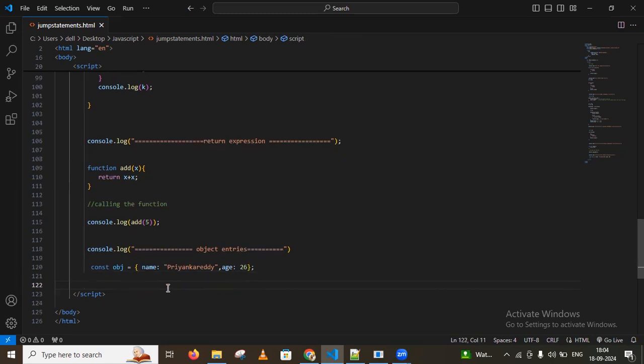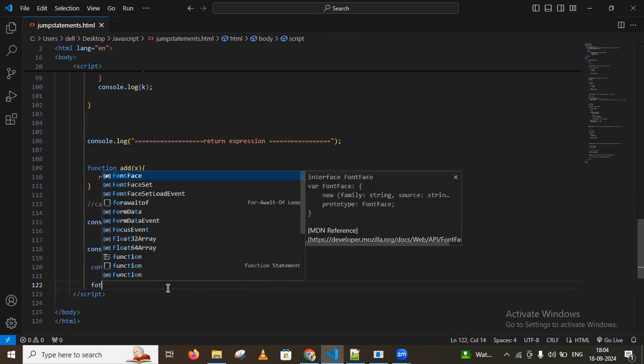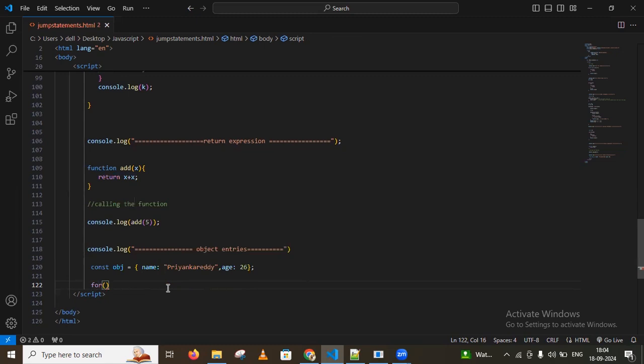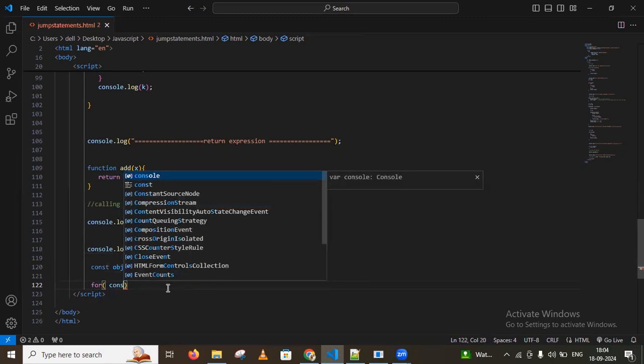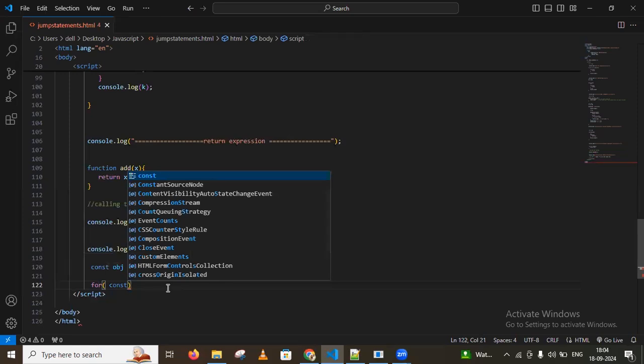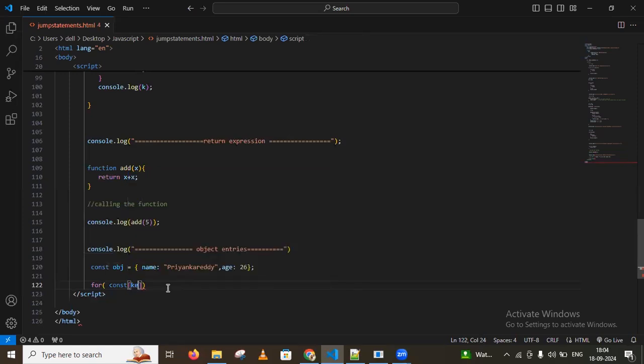Let me take a for loop: for const, here this is a key and value, right? I may use the same, key and value, of